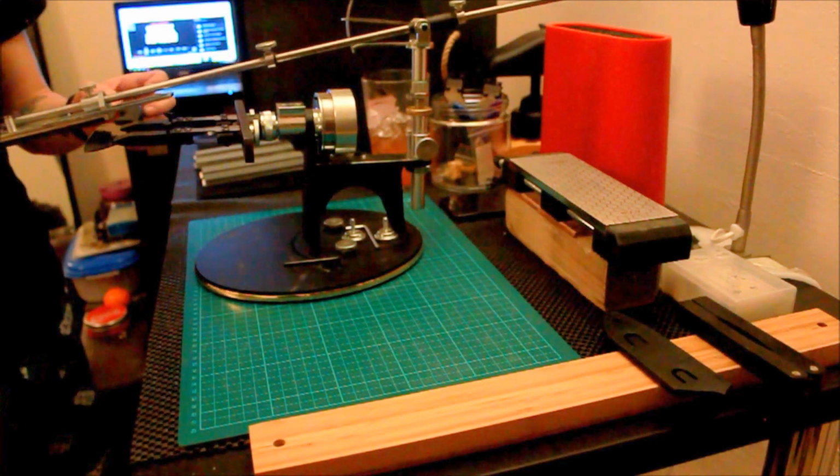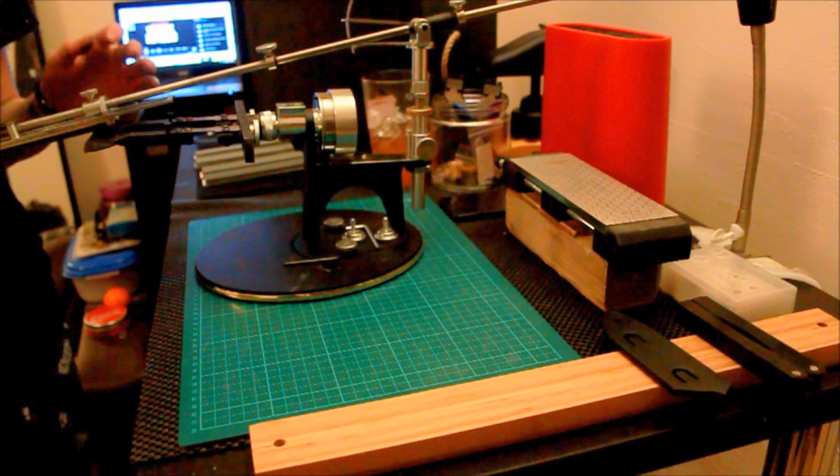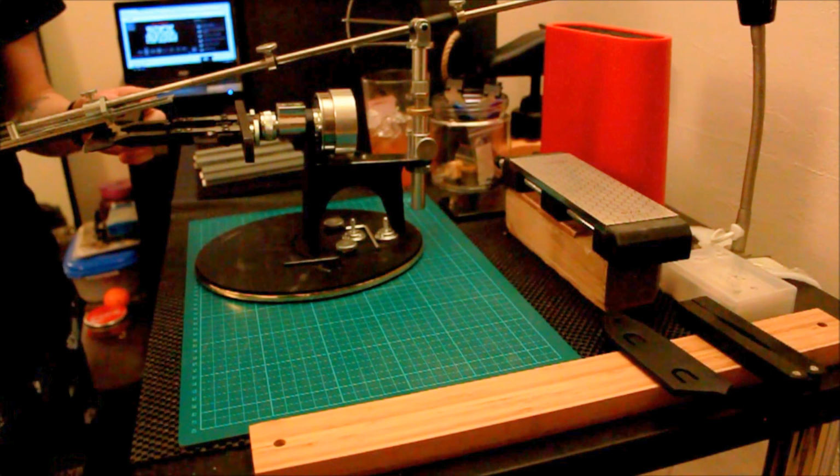Okay, so this is less of a stroke, turnover stroke, it's more of a time spent doing. So for this one,